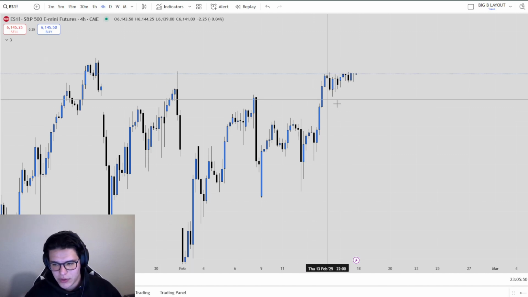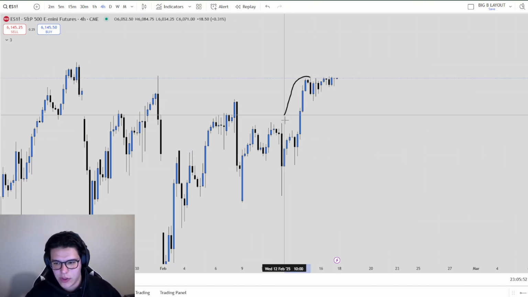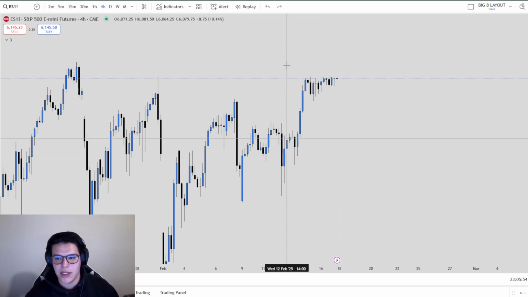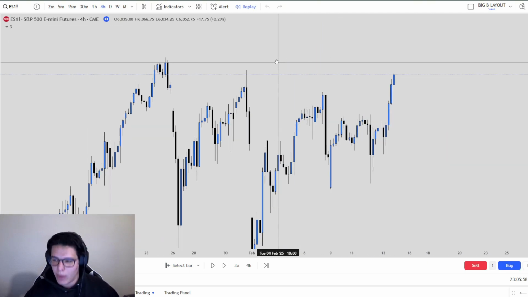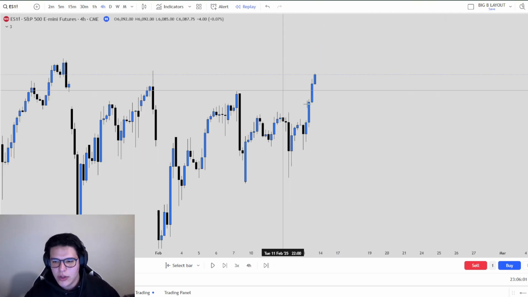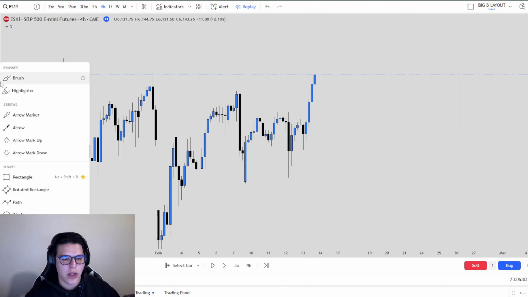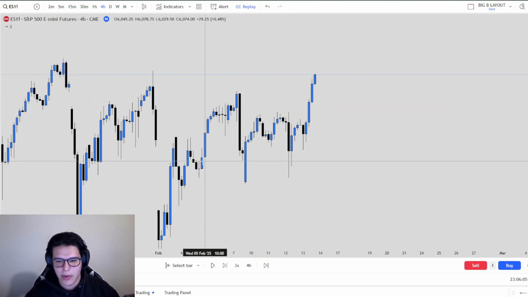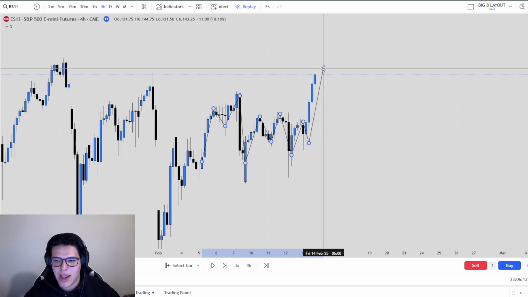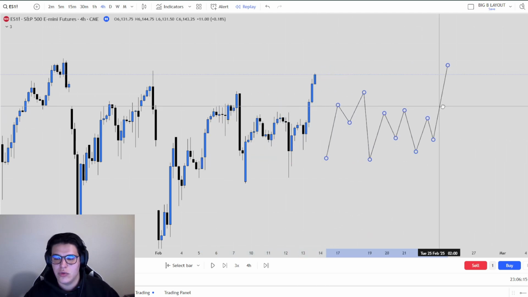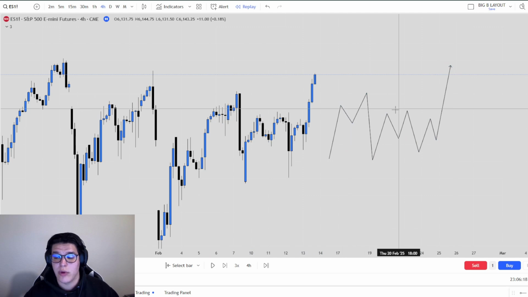So what we can see here, we're going to be focusing on this specific move. And what I'm going to be doing is replaying it piece by piece. So the first part is market structure, like we talked about. What do we see currently with the trends on the charts right now? Well, we had a push to the upside. We then had a momentary break of structure where we start to consolidate. And now we have another break of structure